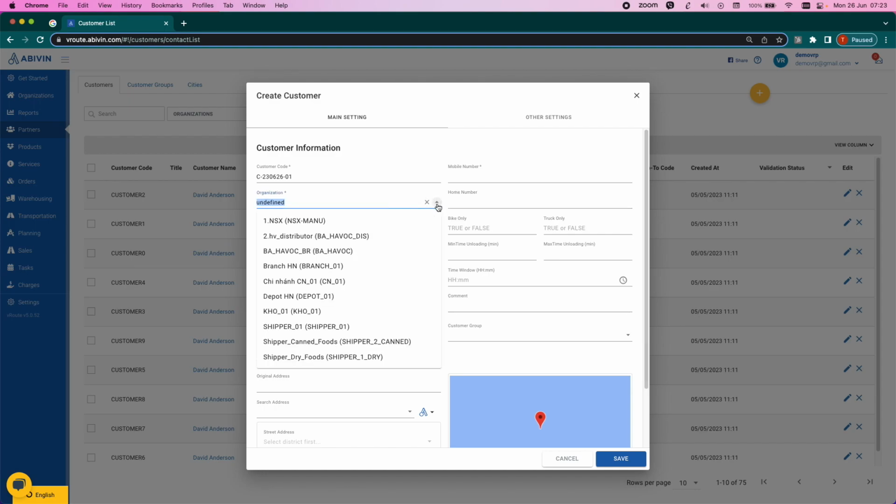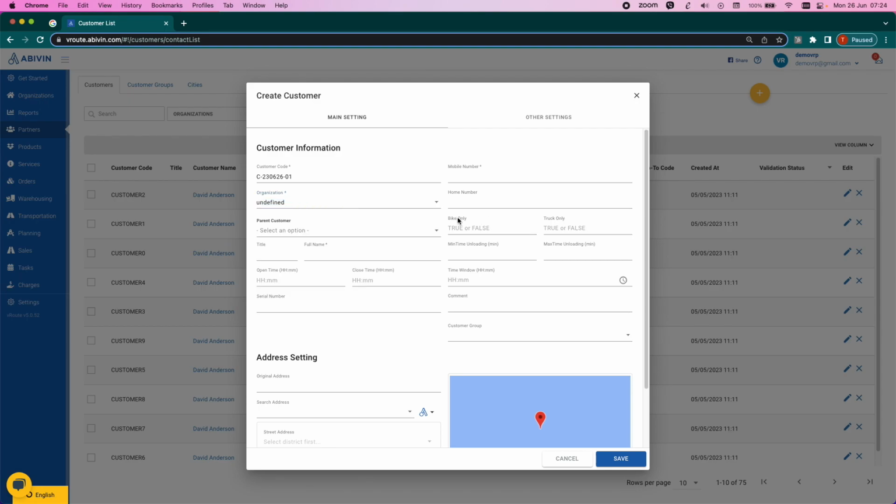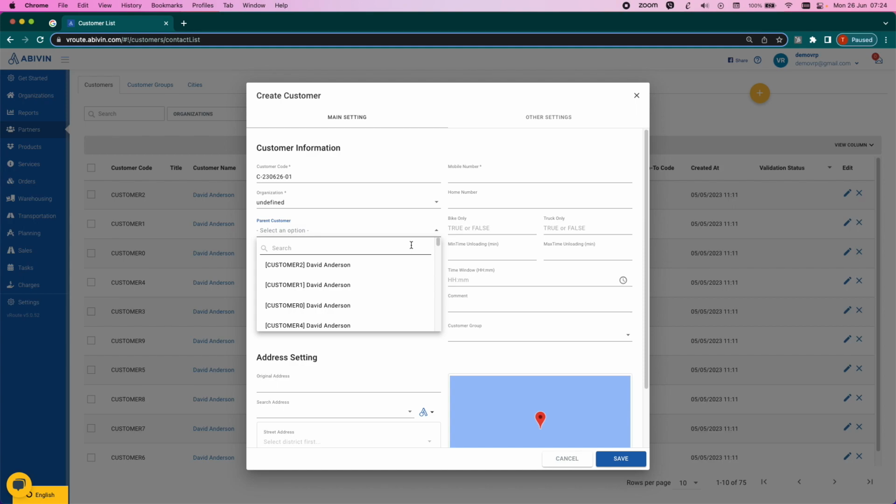Here include which part of the organization that the partners work directly with, or in certain cases buy directly from, whether it is a new customer, or is it a branch or a subsidiary of an existing customer, whether